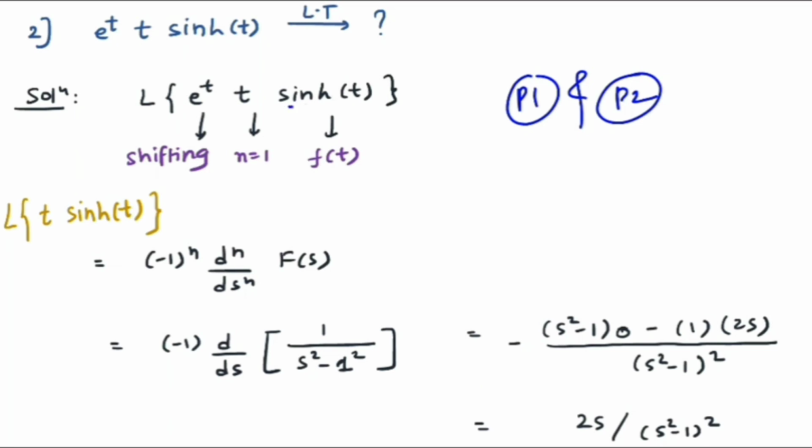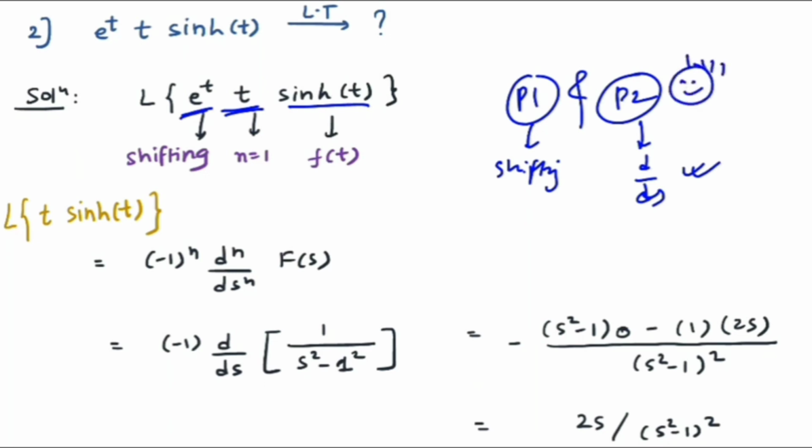See, the very first point, this is my function f of t. Here the value of n is 1 and this part will lead you to the shifting part. So according to property 1 we are doing the shifting, right? So I will do it at the end because it's very easy. But property 2 is the differentiation part. I will do it first. Once I get the answer of the differentiation, then doing the shifting is very easy. So we will use property 2 first. Let us see how we can use that.